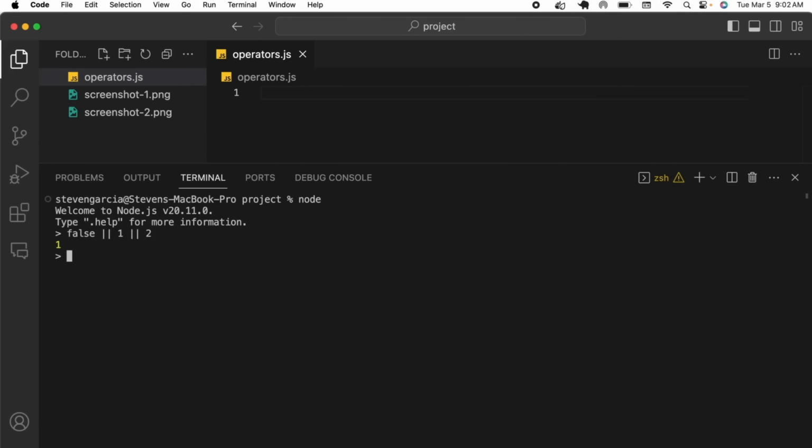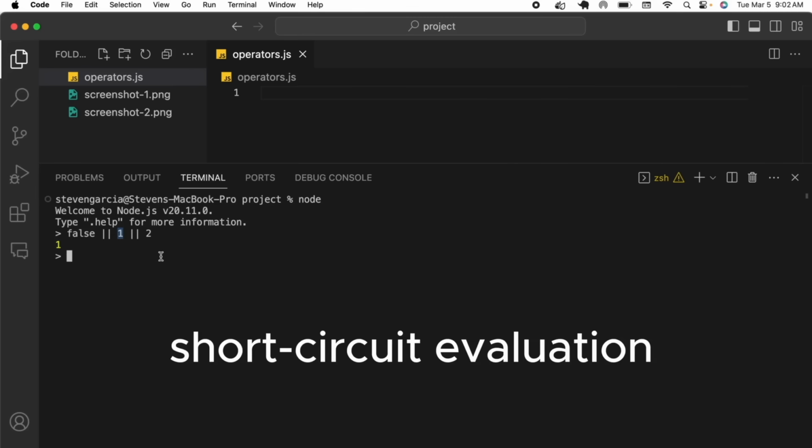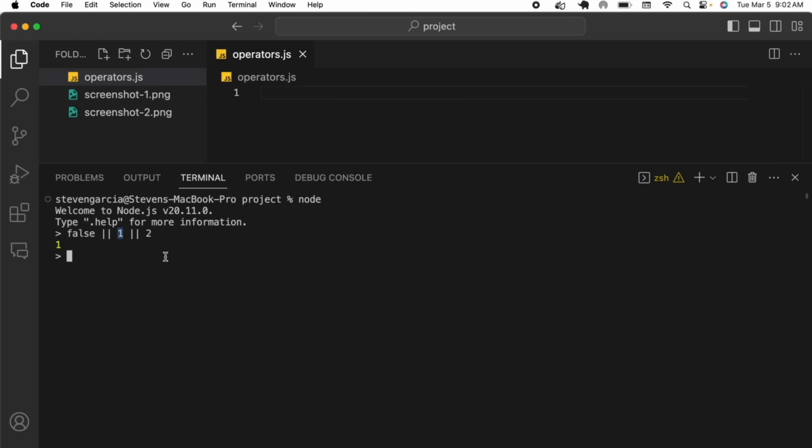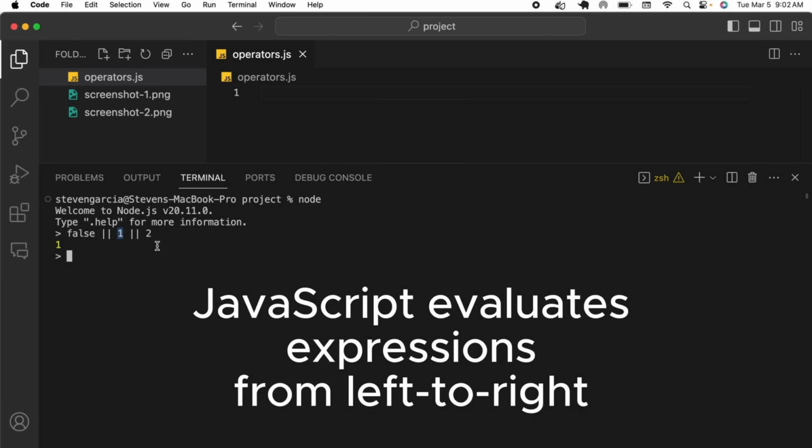The result of this is 1. JavaScript evaluates this from left to right. Since 1 is considered truthy, JavaScript can perform short-circuit evaluation and return immediately. This means that JavaScript will stop once it can successfully determine the result, and it doesn't have to evaluate every